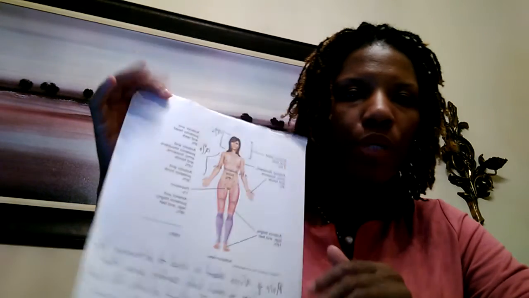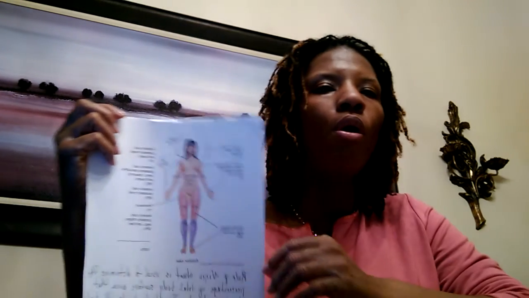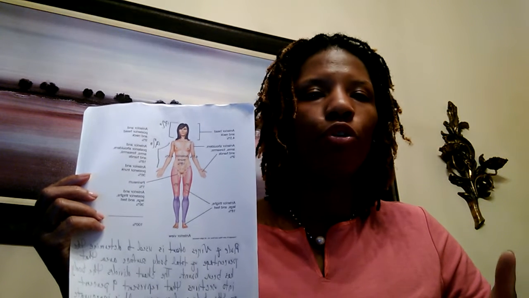So, the first question says create an outline diagram of the human body and mark off various regions according to the rule of nines. So what I did was I have a diagram here and I'm going to explain what is going on in the diagram. When you are sectioning off the body with the rule of nines, you have to understand what percentage of the body is used, or what body part